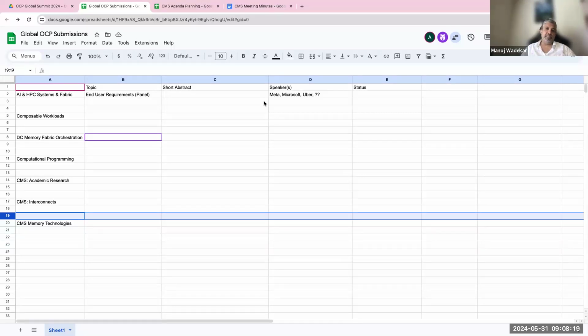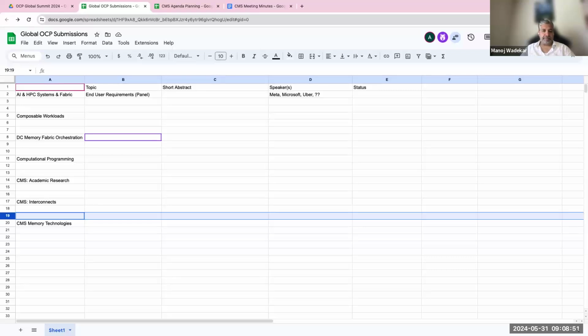If HP or any other systems companies want to come and talk about requirements from the systems point of view, the end user perspective, this will be a good area to collect. I don't know whether Samir is online. I'm putting him on the spot, and Vikrant also, assuming that they will come and present again. Meta will definitely present our requirements, specifically the evolution that has happened on general compute as well as on the AI use cases.